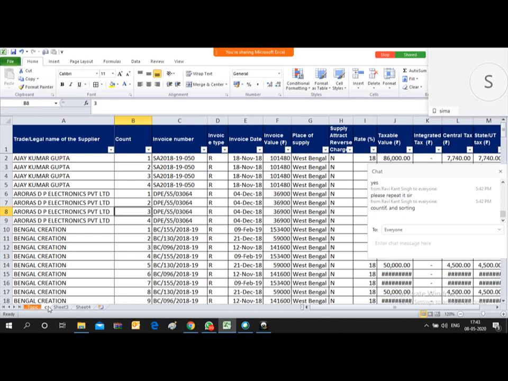After pivot table, I will show you how we can use this count function, VLOOKUP and pivot table. With the combination of these three functions, you will be able to generate a good MIS. That is why I mentioned it, otherwise I would again have to cover this countif without freezing the range.